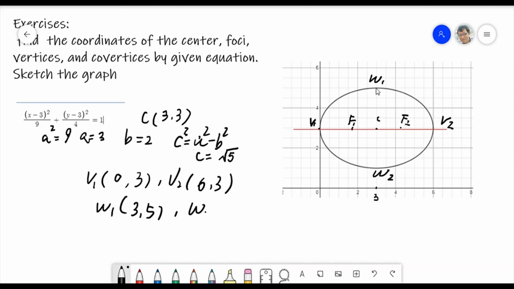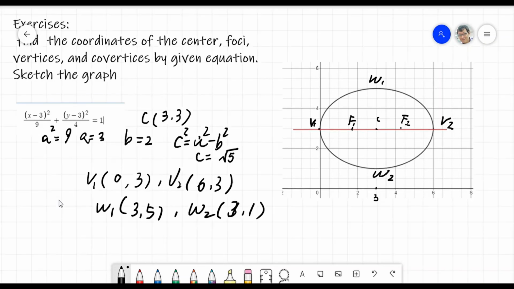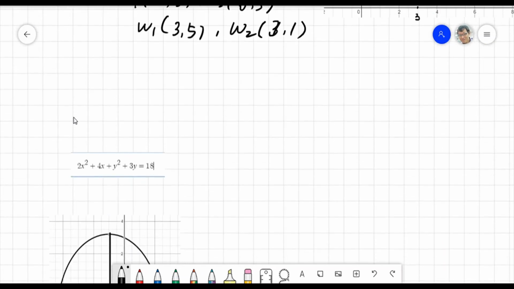And W2 is equal to what? W2 is 1, right? Because 3 minus 2 is 1. Sorry, the horizontal x-axis is always 3, and then it's 1. Yeah. Okay, so we already got this. Based on this we can draw the graph. Okay, so this is very simple, right? So next one, if we got